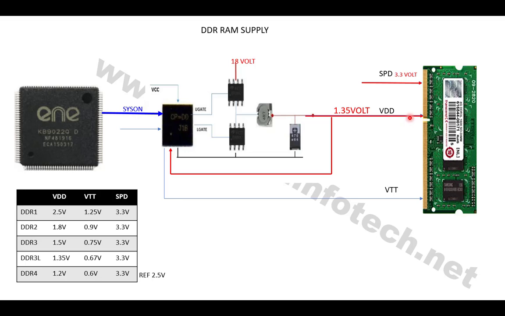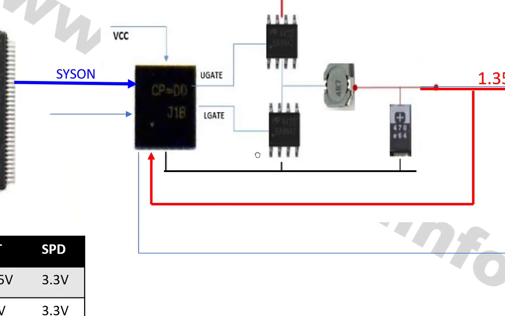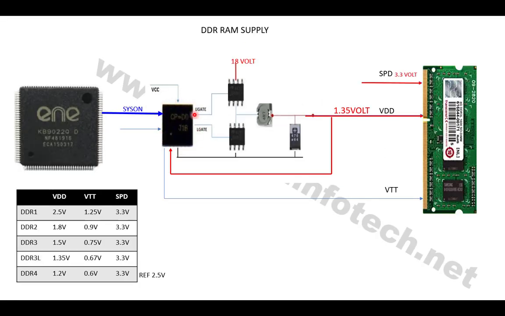Okay, so this RAM got the VDD. Now this RAM buck converter chip has two sections. One section is a buck converter and another section is a linear regulator. That means this chip generates a VDD voltage and also the VTT voltage. This 1.35 is going to the VDD pin,